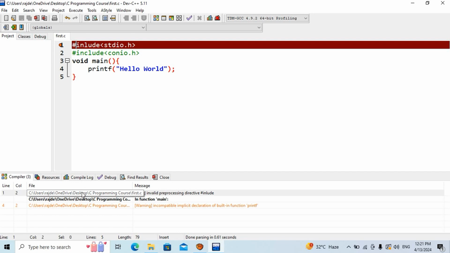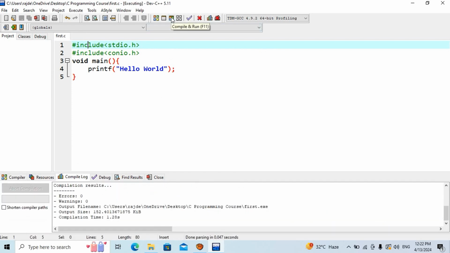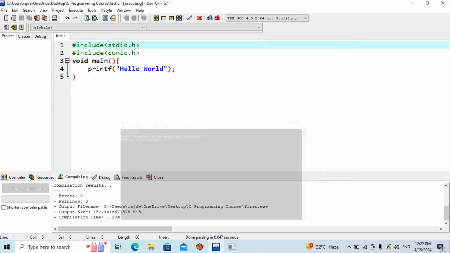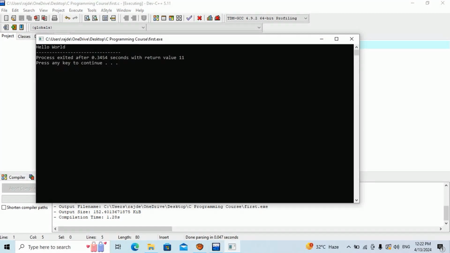How many of you have successfully noticed it? Actually I had intentionally done this to show you how the compiler points out the mistake. It is INC. Okay, now again I am going to save it and compile and run, and once it shows errors 0 and warnings 0, it will show you the result, this hello world. Hooray! We have now successfully done our first C program,